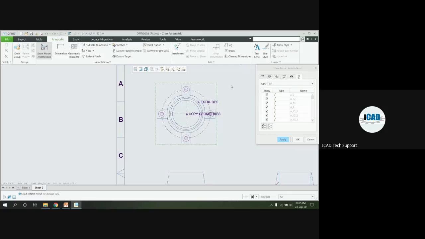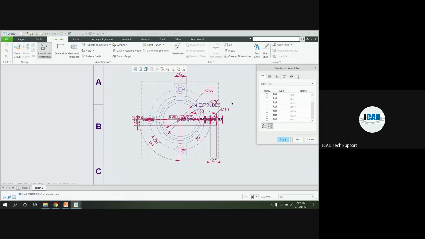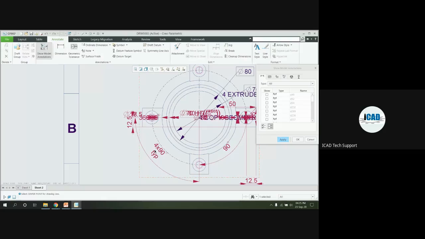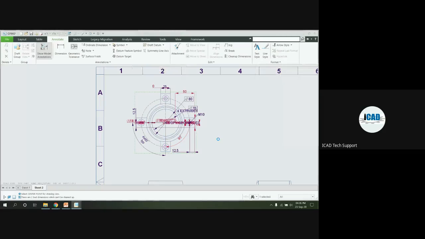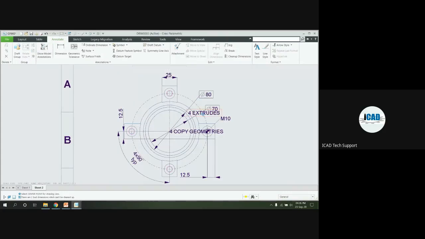And for the drafting, the dimension options are the 25 dimension, 90 into typical dimensions, 12.5, M10, 0.5. These are the options I want to add in this specific view. If I want to delete a specific one,